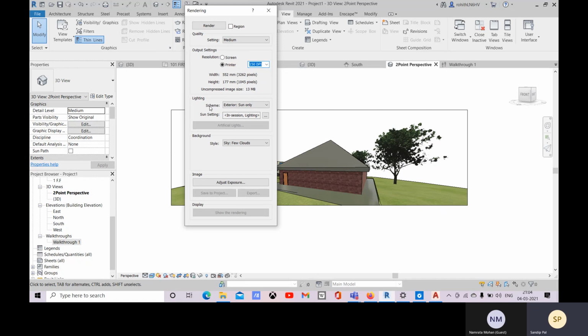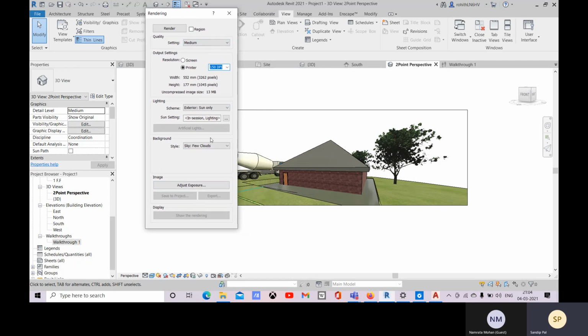And about lighting, this lighting and background, and image, these things are very important. About lighting, you have two options, exterior and interior. The sun only option is there for exterior, when you want to create your realistic image in daylight.